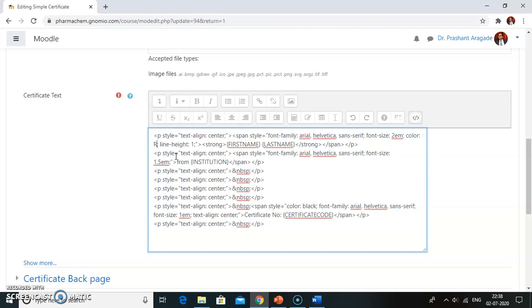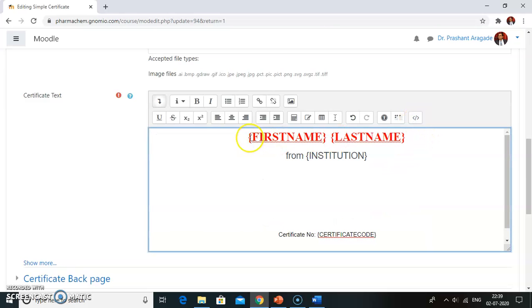I will write red color, along with, suppose I want to change the font type, I will change it. I want to make it Times New Roman, and then I will click on this HTML button. See, the font color got changed along with the font type.